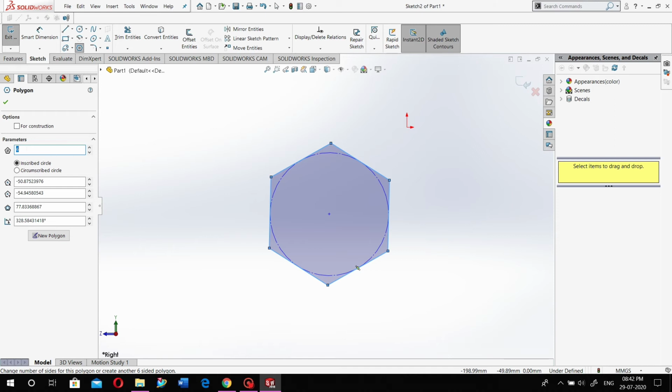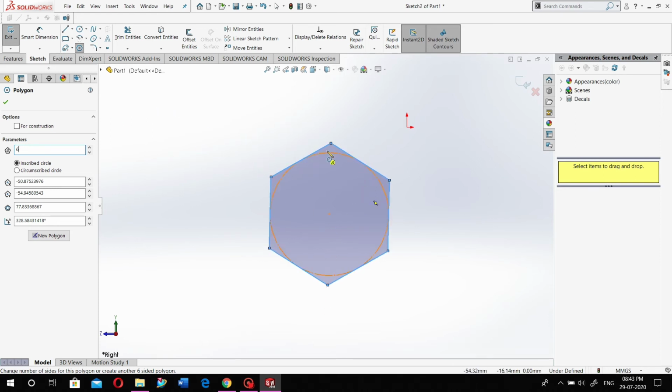Let's give a 5, so it will create a 5-sided polygon. If you give 8, it is an octagon. If you give 6, then it is a hexagon. It depends on you how many sides you want, and also it depends upon the requirements.